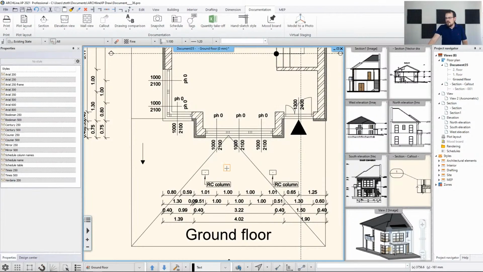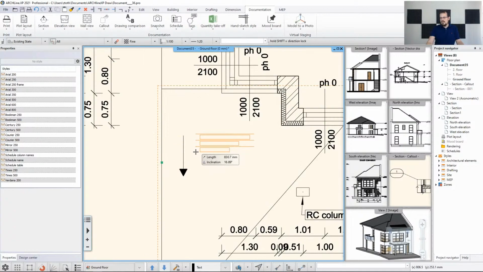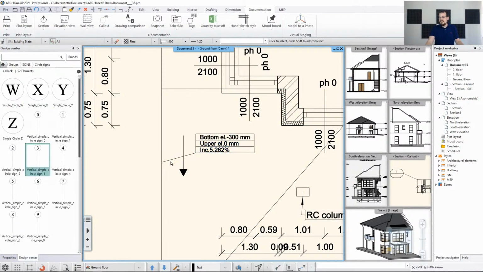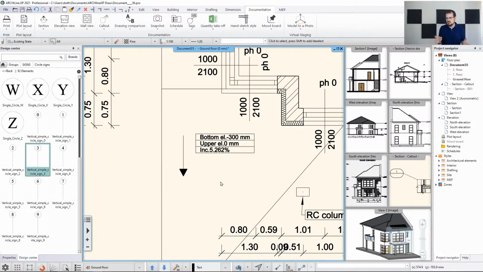And now the software asks you, all right, choose the item which you want to attach the tag to, which in our case is the ramp. So let's just click on the ramp and then move the table somewhere convenient. So here we go. So now the text field is here, and if I don't need the leader line, I can just click on it and delete it. This would not destroy my tag. Now the fine thing about these tags is that if you do any kind of modification later on this floor plan or on this model, then the tags would update and show you every time the relevant information about this